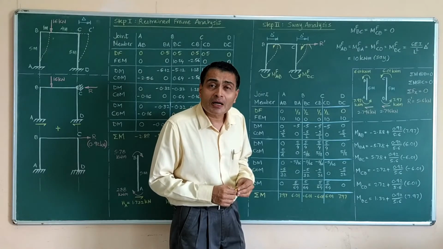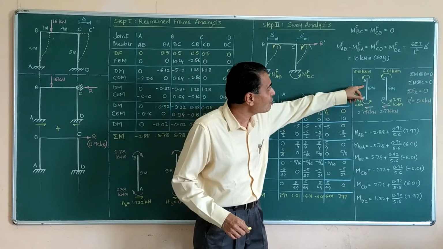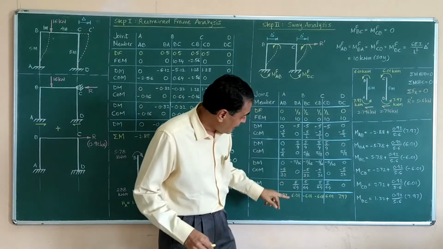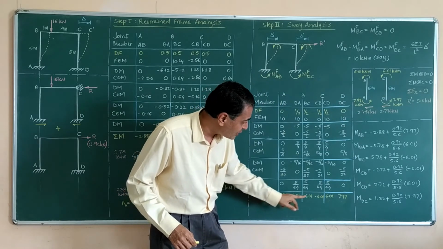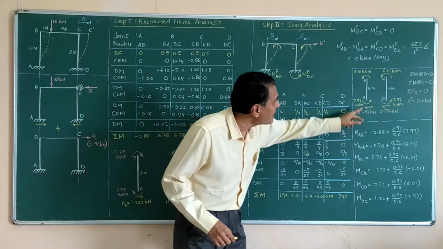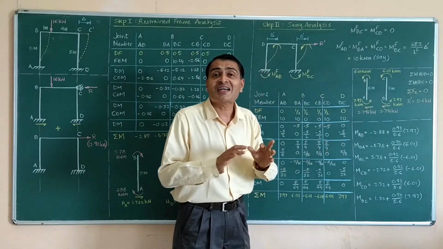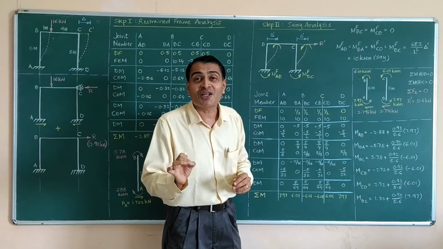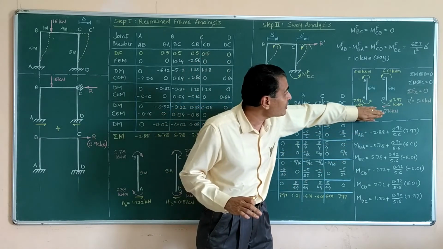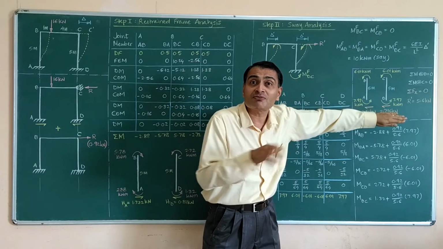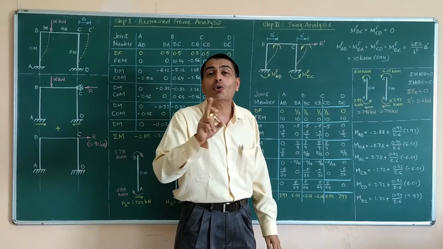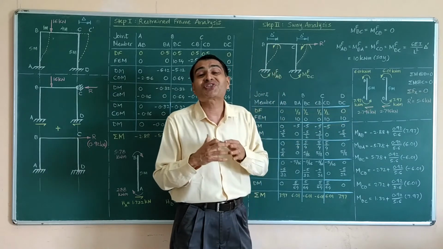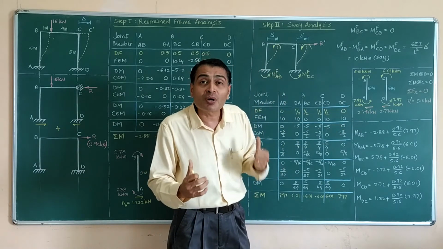As a next step, I am drawing the FBD of member AB and the FBD of member CD. End moments positive, positive, positive and positive I have shown here as anti-clockwise moments. End shears HA and HD, whose values are not yet known to me. I have written these values after calculation. When you are solving, you do not know HA and HD. You have just guessed them to be leftwards.